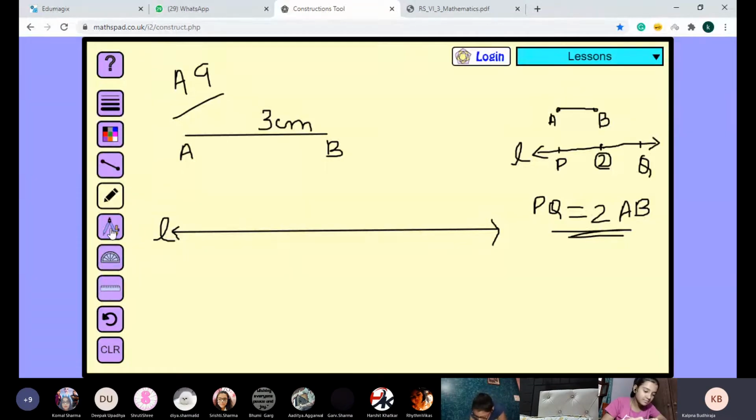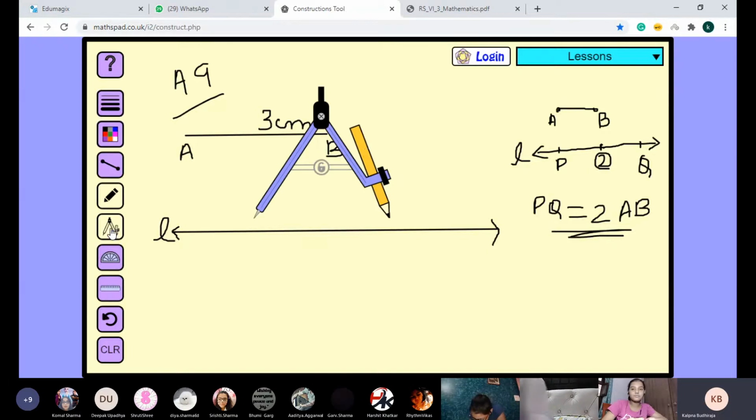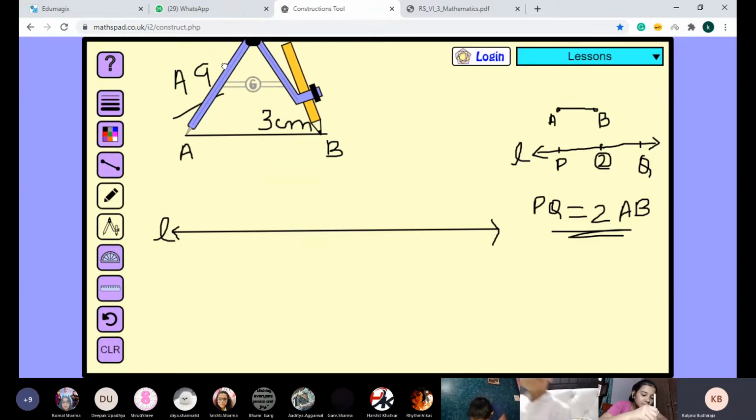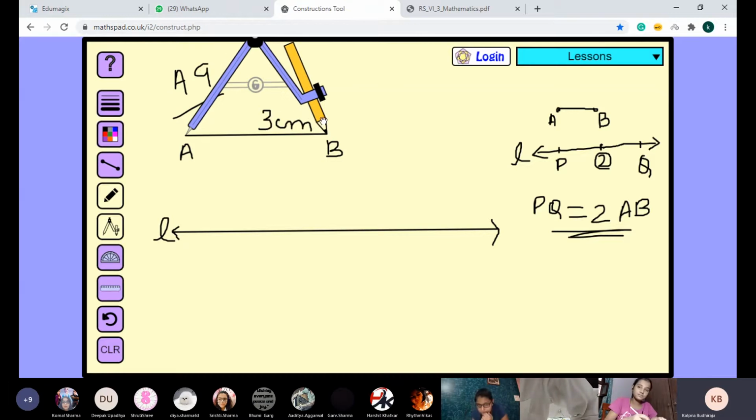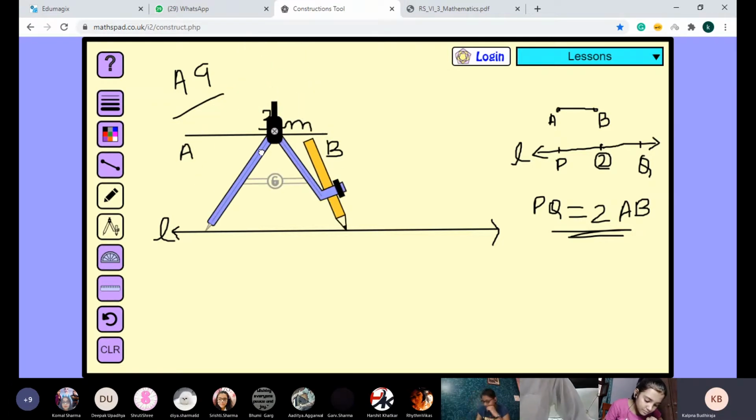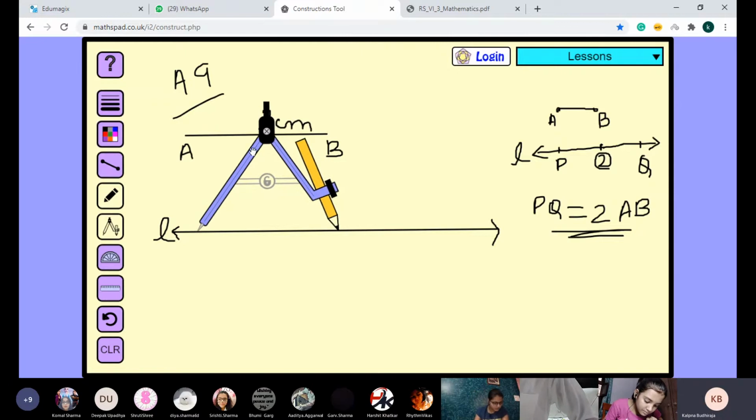Okay, now coming to the main part. Now look at the important part of this question. I am bringing the compass. I am going to measure the line with this compass. Okay. So without ruler, without the scale, I am measuring it. Now place this compass on this line L. As I told you earlier, I will first get point P.